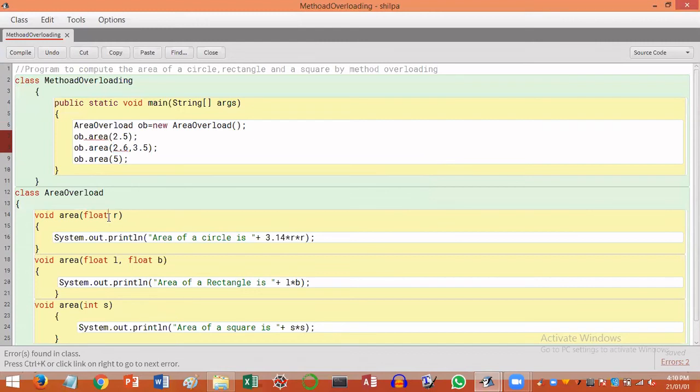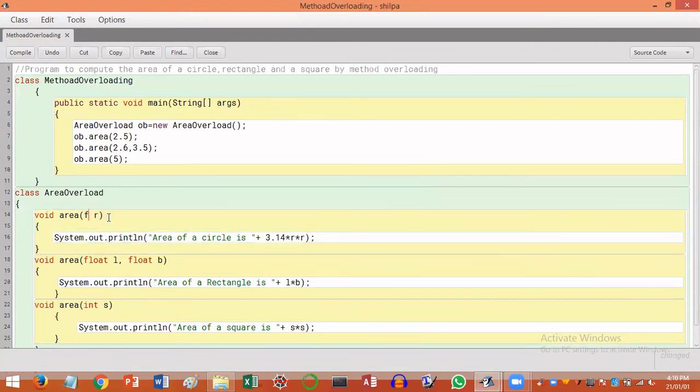So for that, what I'll do is I'll change this data type to double, so that there will be no confusion and you will easily understand.